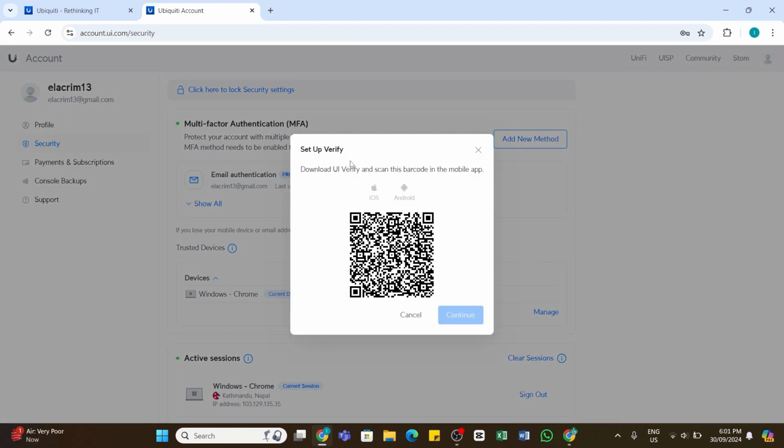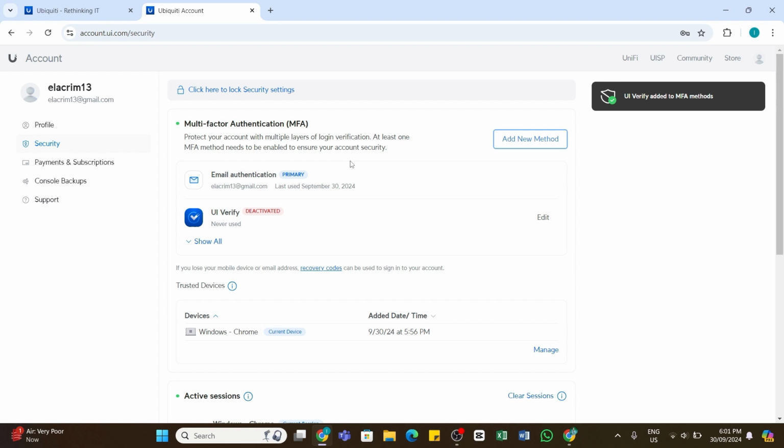After that, here you will need to open your UI Verify application on your device. And in this page, tap on Add Account. Now you can choose Scan QR code option at the top and now scan the QR code from your device. Once you scan your QR code, you can see at the top, you have successfully set up Authenticator for Unifi